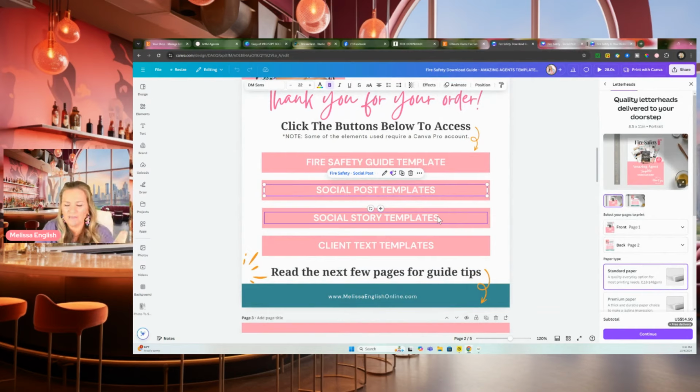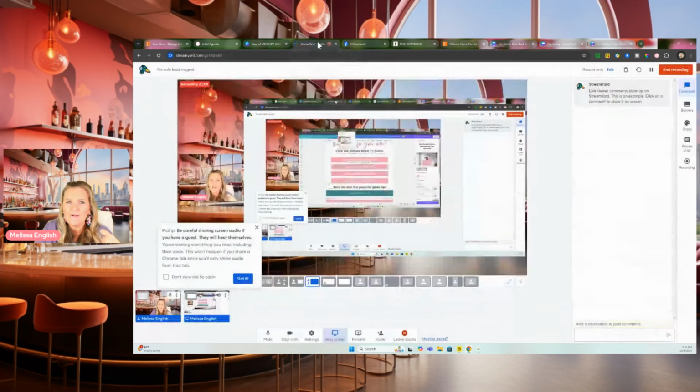The story templates match that. And of course, you've got the client text templates. But essentially, I wanted to share this with you because fire safety is super important, right? October is a great month to talk about it, especially because it has to do with your home. And so as real estate professionals, agents and lenders, and all my YouTube family and Facebook family friends that watch these videos,